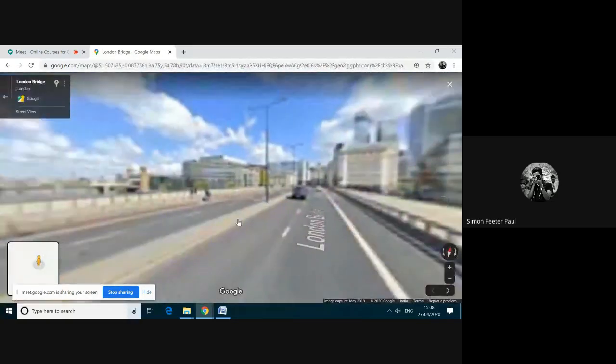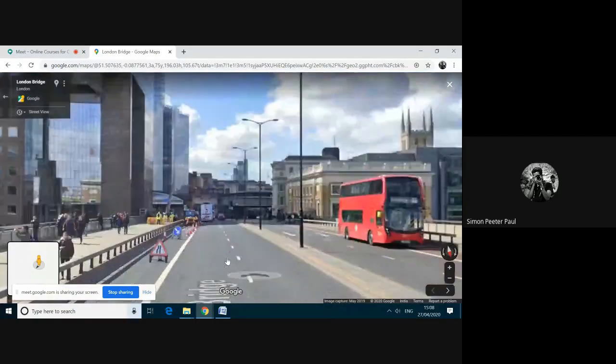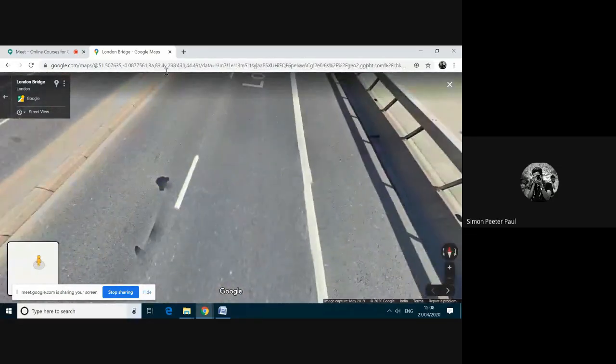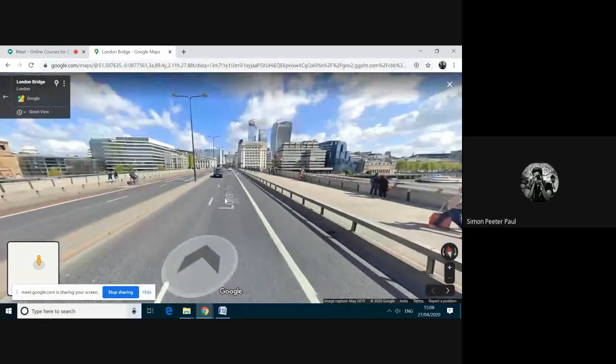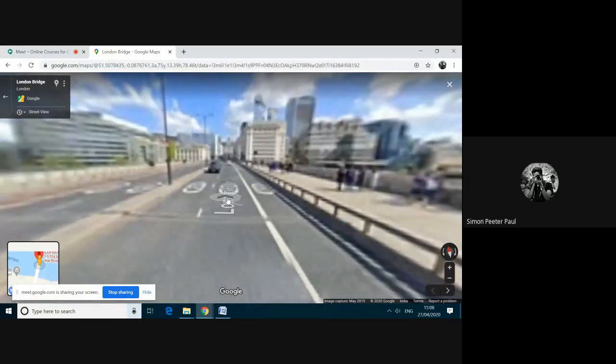Okay, this is the London Bridge. You can just go inside. I don't know which way. I have some issues with my internet connectivity.